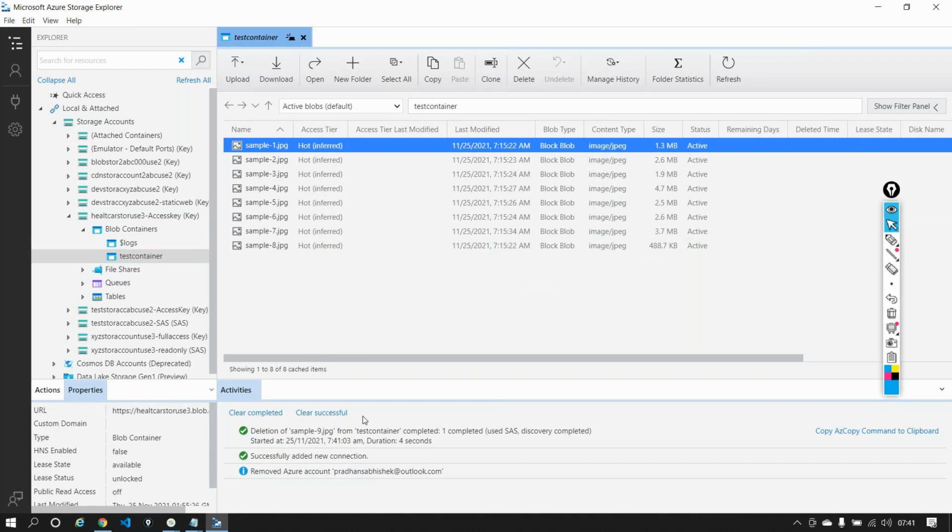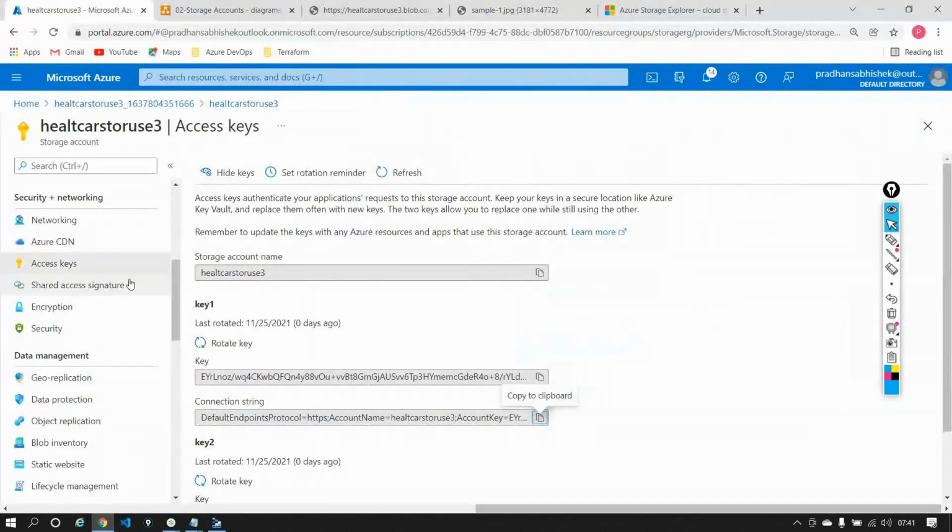But why did this happen? It is because I generated something known as an access key, not a shared access signature, guys. A very important difference between an access key and a shared access signature is that if you generate an access key and give it to someone, it's equal to giving administrative rights to them on your storage account.